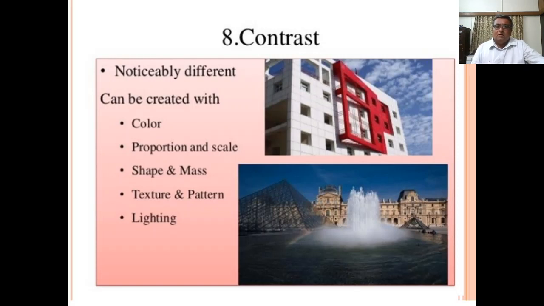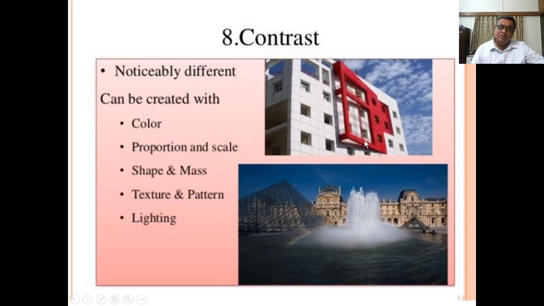We are starting our third lecture. We'll continue with our architectural composition. Now, the next architectural composition is contrast. Contrast means something different. So, it is noticeably different, and this contrast can be treated with color, as you see